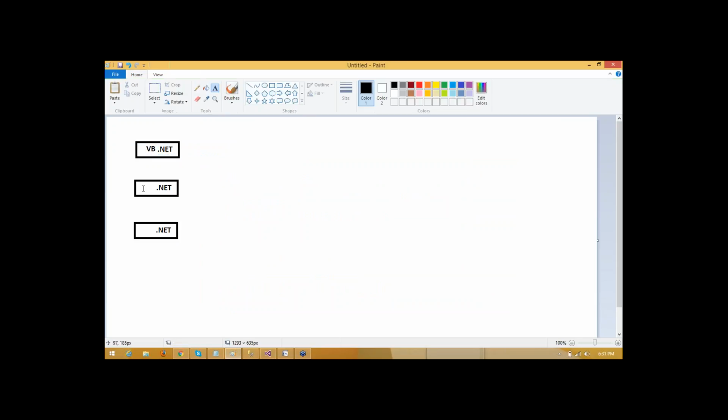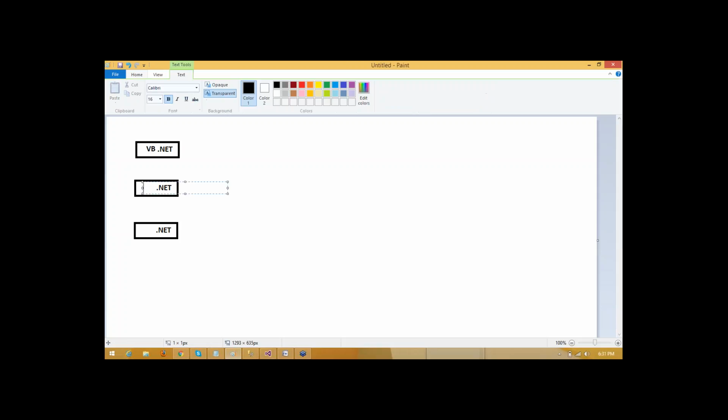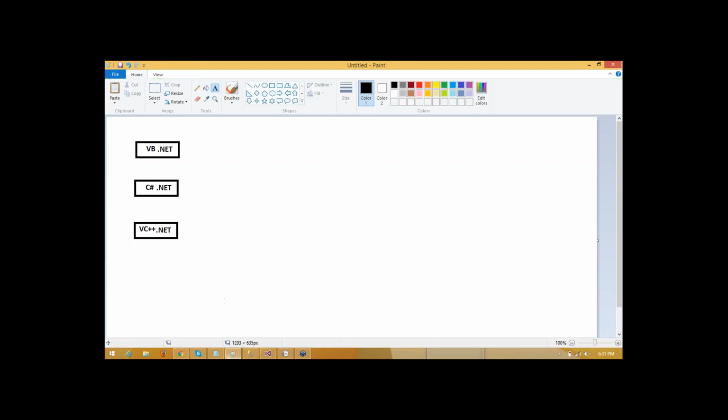Coming to the second one, team 2 wants to work with C#. Let's say they are very good in C#, and they want their application development to be done with the help of C#. Coming to the third one, they want the application to be developed using VC++. Irrespective of any requirement, you can use any language you are confident in. This is exactly what .NET is doing. Coming to the first feature,